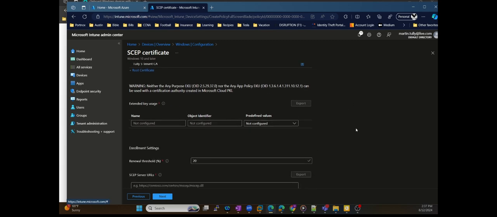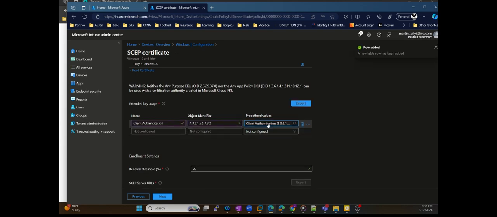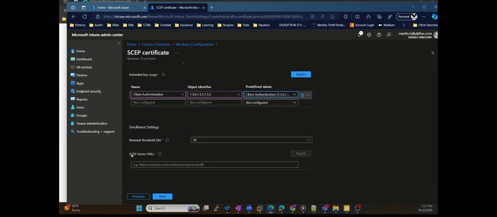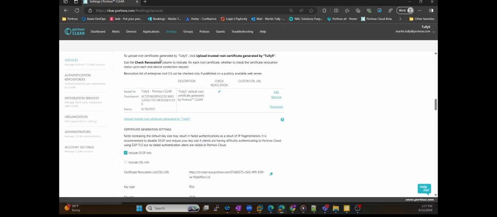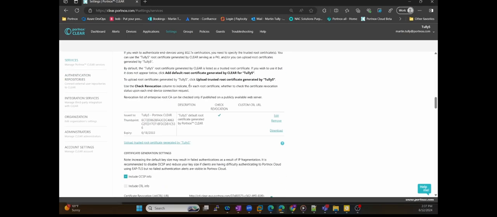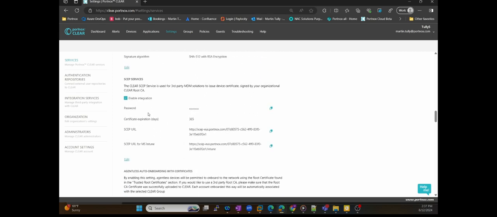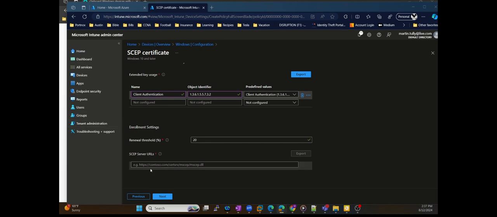Say OK. The next piece here is the key usage. The key usage is going to be client authentication. You can see all those values get filled once I do that. And then if I scroll a bit further, you can see here that there is a SCEP URL that needs to be presented. If I go back to my tenant here, and I go back to a little bit further down, here is that SCEP URL. So you can see here in the tenant, under SCEP services, there is that SCEP URL for Intune. You can just hit the copy button, and that will copy that for you. So I click copy, move this over, put that SCEP URL here,